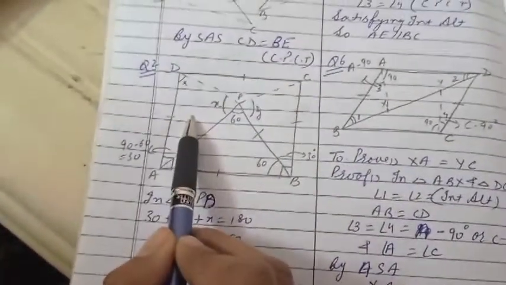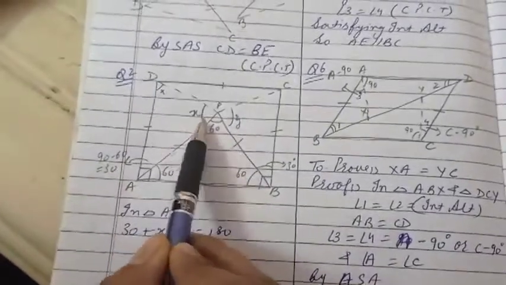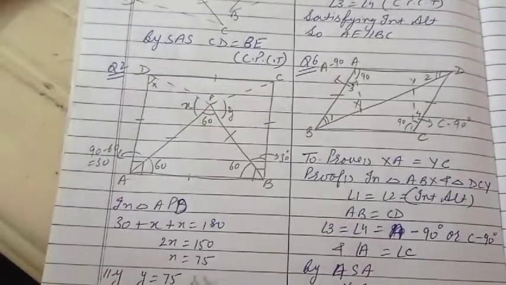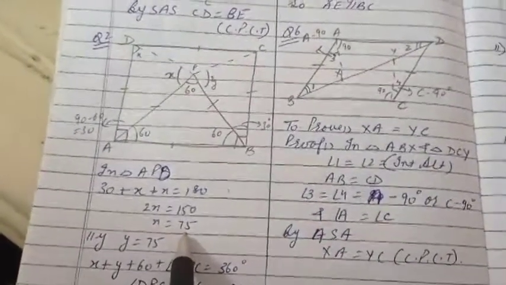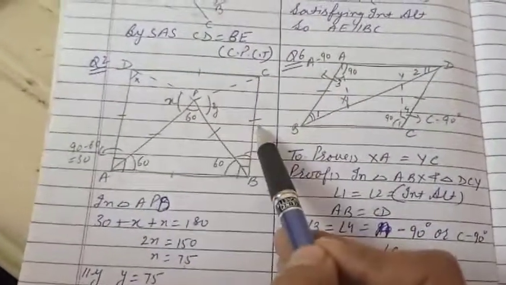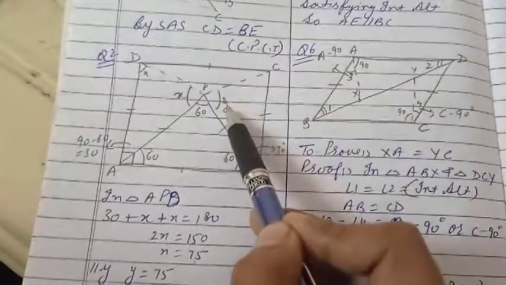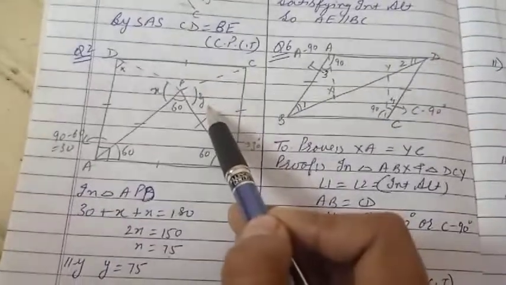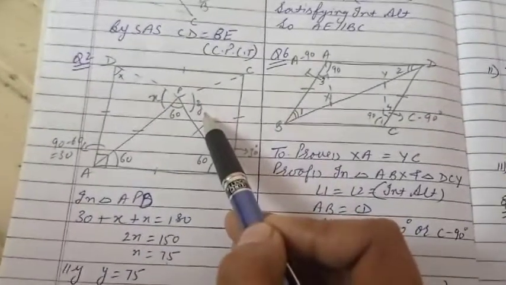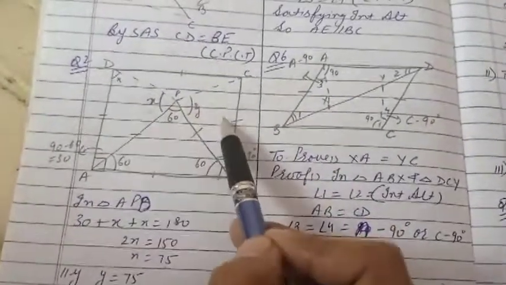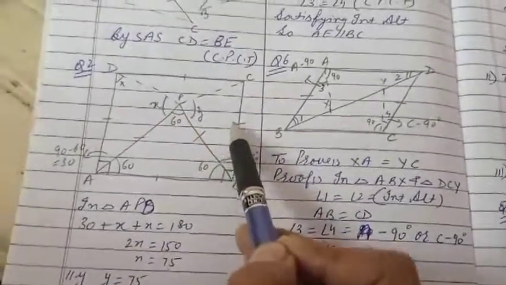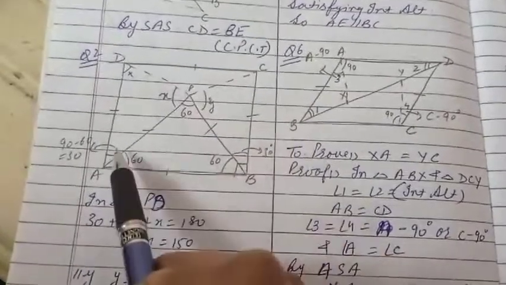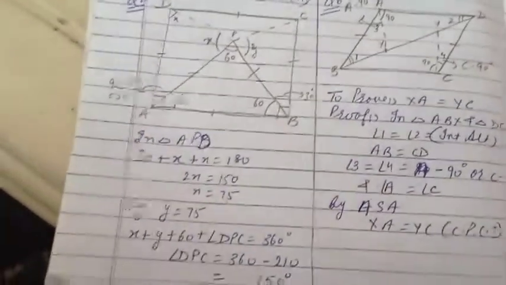Now with that it becomes an isosceles triangle. X and x, these angles will be the same. So using the angle sum property, I got the value of x, that is 75. In the same way, this is also an isosceles triangle. I'll find the value of y. Now what is the question? You have to prove in first part triangle APD is congruent to BPC. Yes, they are congruent to each other. See, these two sides are equal. This side is also equal, and these two angles are 30 degrees.